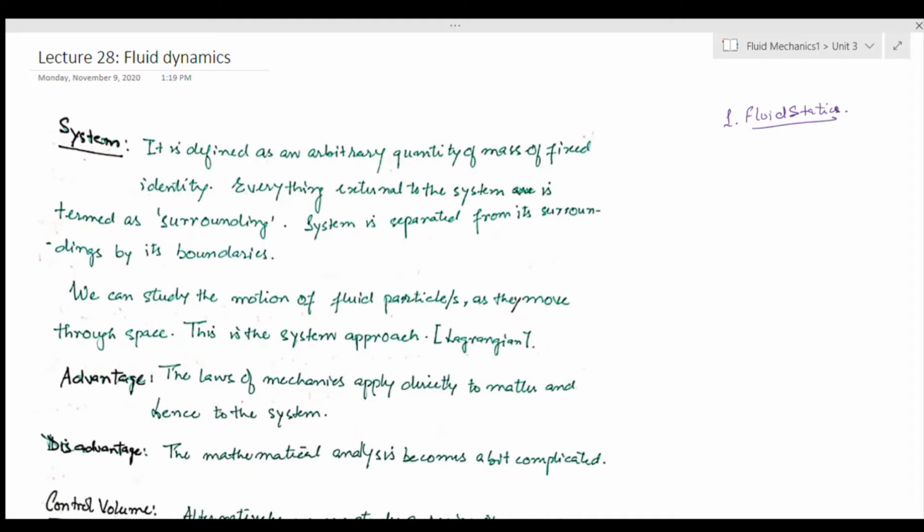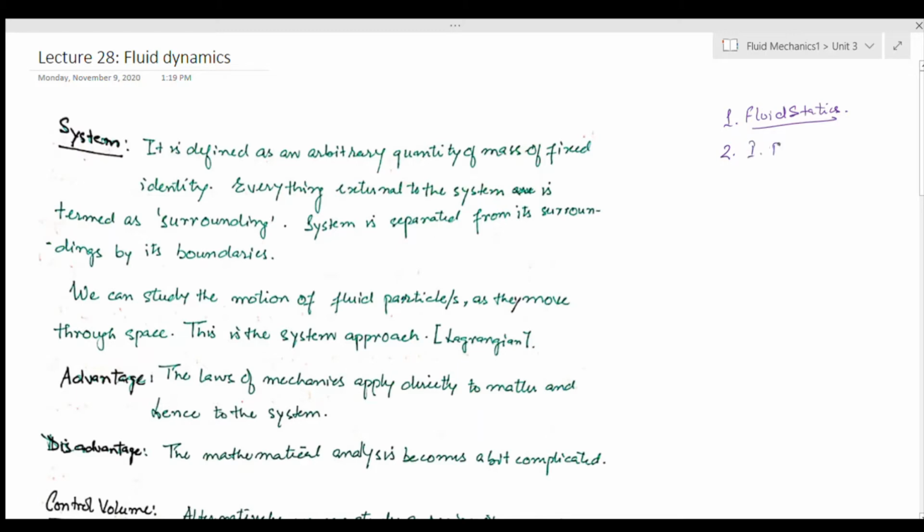For buoyancy, I said that this is something you can read yourself. Buoyancy was also part of unit 1, and it was a very short part of unit 1. There was another portion of unit 1 actually in your course, which was Newton's law of viscosity, although I covered it with unit 2, because I said that it makes sense, because the effect of viscosity would come when there is motion between fluid particles, between fluid layers. It's then only that you would see the effect of viscosity. So that was covered with unit 2. We finished with our unit 1 and moved on to unit 2, and unit 2 had two parts.